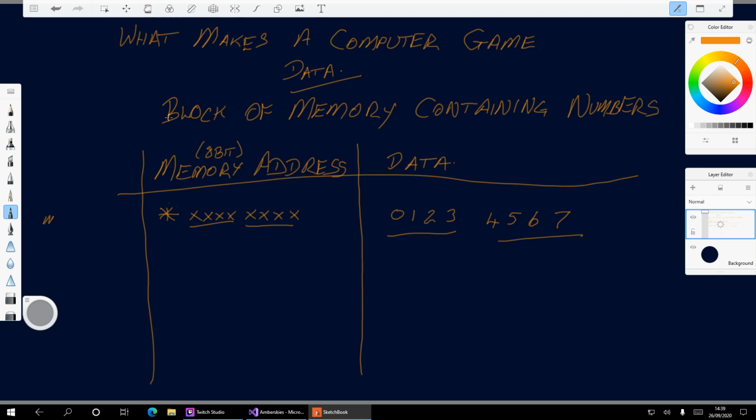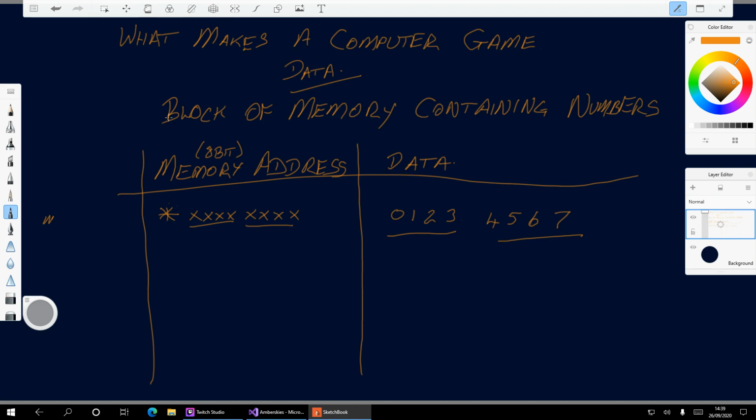Because when a program starts up, it's loaded up into memory so that it can be processed by the CPU, the central processing unit. Because it's being loaded up into memory, it becomes very easy as a programmer then to have a block of memory with data in that is loaded up with the program or internal to the program.